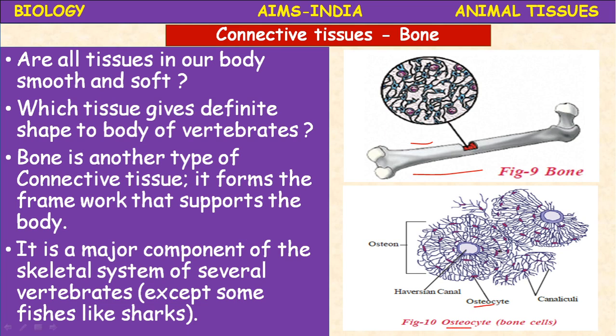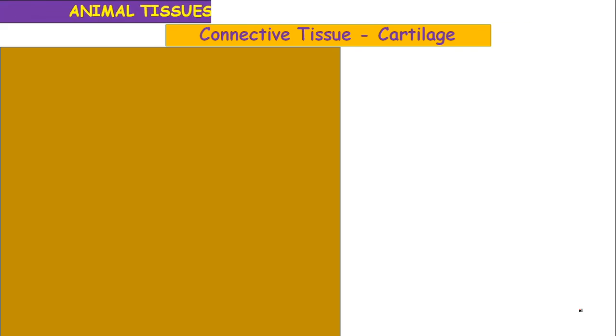Osteocytes also contain special canals. This is the difference between a cartilage and a bone. Haversian canals are present in the bones. Okay, and these osteocytes secrete the calcium and phosphorus with which strong bones are formed. Okay, canaliculi, lacunae are present. Okay, so this is about the bone.